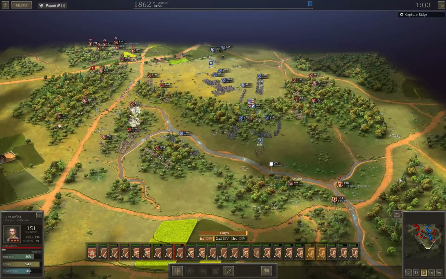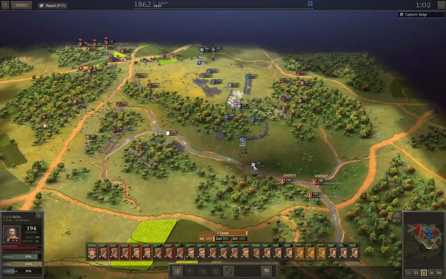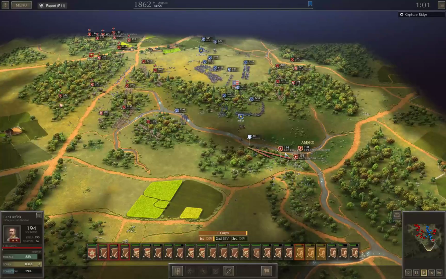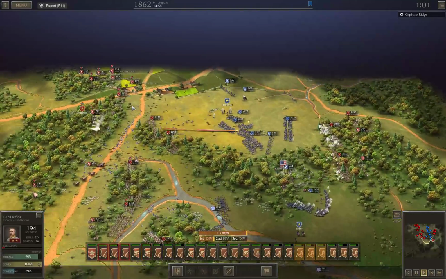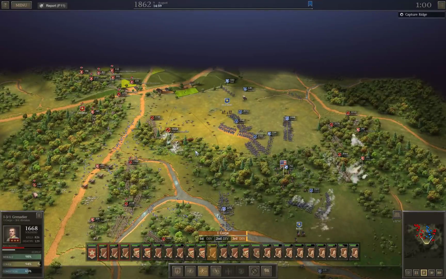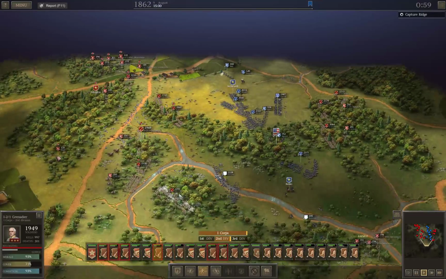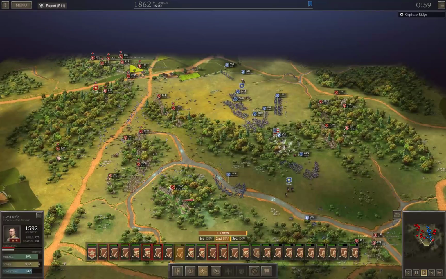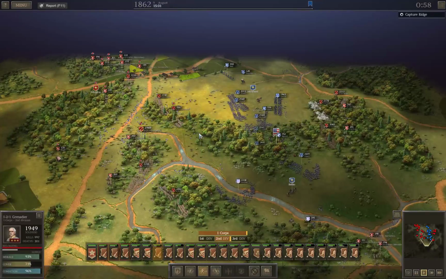Geary's. Oh, Geary apparently. I'm not sure what happened there. Yeah, I've never actually seen the AI fall apart like this before, so I'm not quite sure what to do. Yeah, so what I'm going to do is strengthen these guys, and I'm going to send the